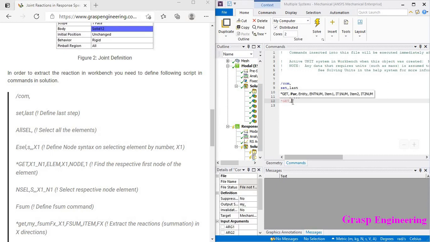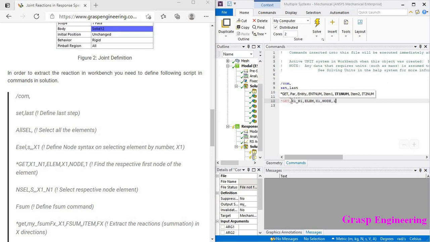Here we are defining the node as x1 underscore n1, and then comma, you can select the entity, element comma x1 comma node comma 1. Okay, so you just need to follow all these steps.